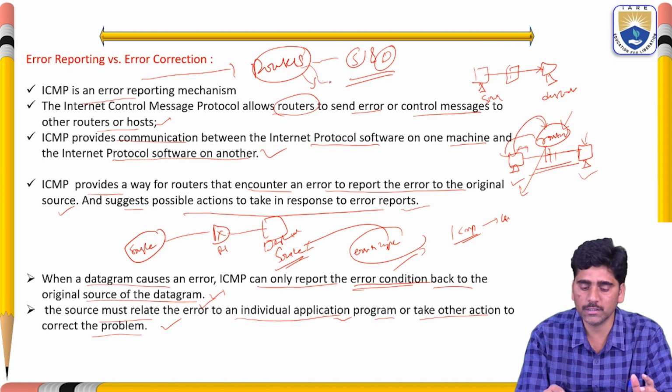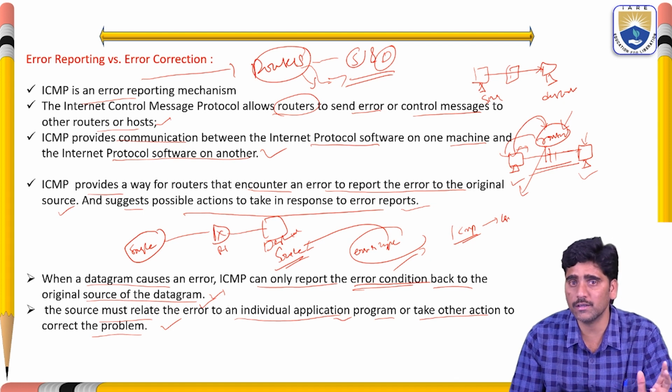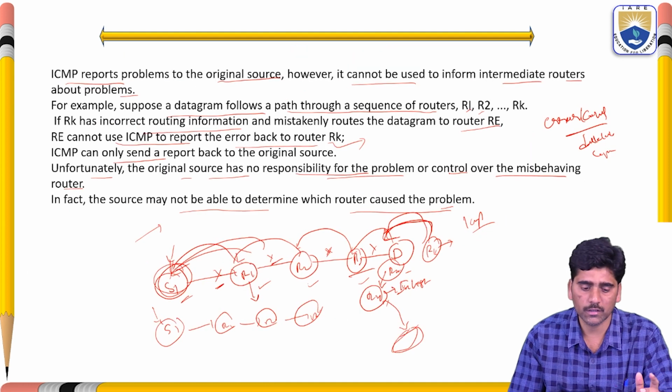All the status messages have to be given to the source and destination with the help of those routers. If the routers are not sufficiently configured, then the source and destination may not have proper data communication or proper data transfer. So this is about the error reporting versus error controlling mechanism and